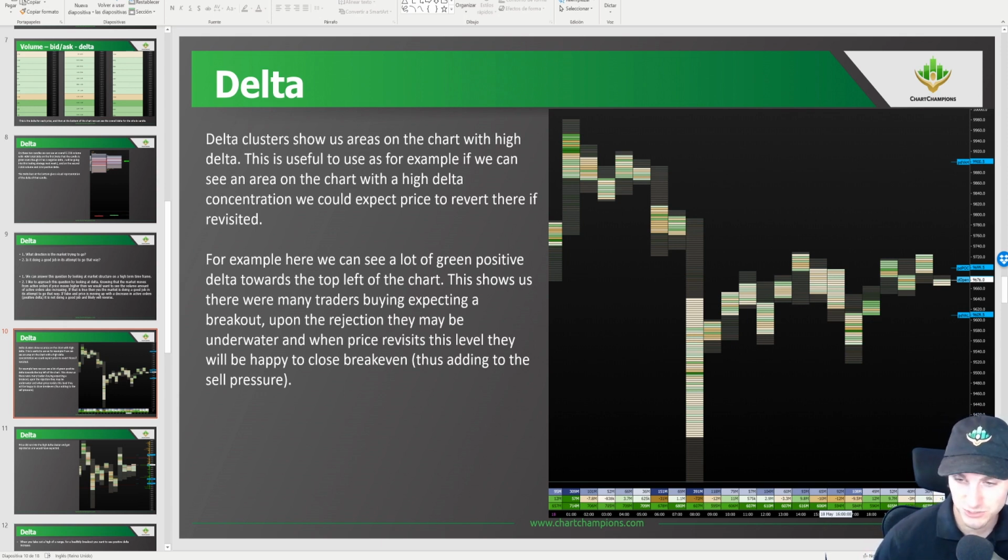So the next question is, if we have a big volume and delta in a small range after a big move, we can say that this is absorption, reversal likely, and low volume and low delta means consolidation likely. So let me read this question again. If you have big volume and delta in a small range,